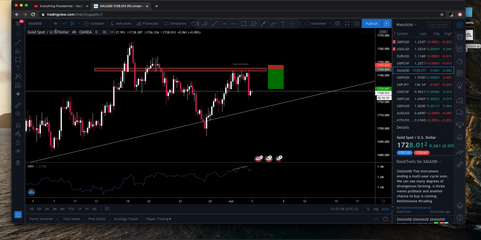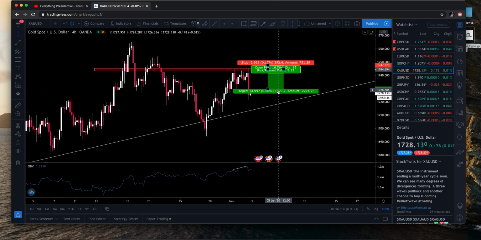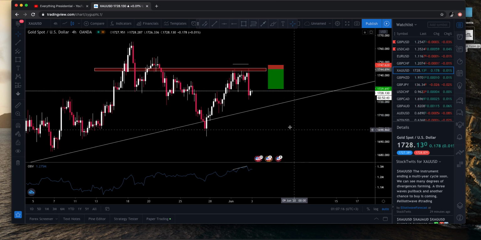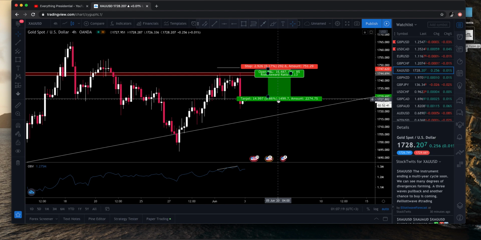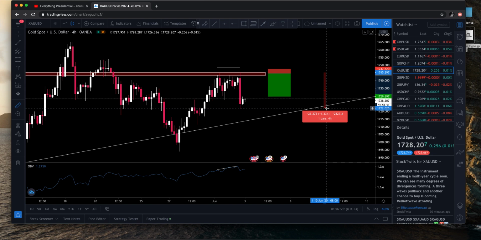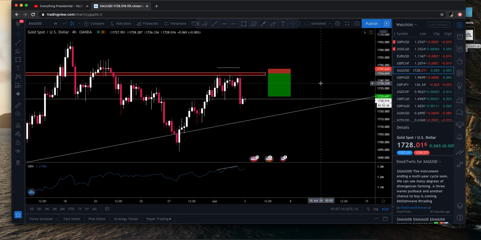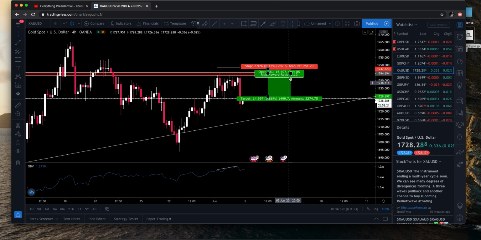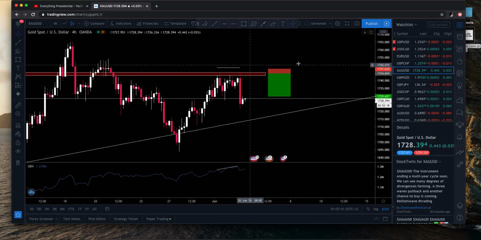And on gold, same thing. If there's divergence on the 4-hour time frame, normally my take profit would be 100-plus pips. In this case, I was aiming for 150, and that's exactly what happened. The market hit 150, but went for, I think, more than 200 pips from my entry, which was right here. I think it went for 232, 233, so more than 200 pips, right? But that's not my goal, to catch the whole move. You just take what the market gives you and you leave. That's the whole point.